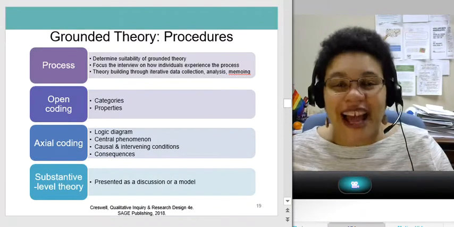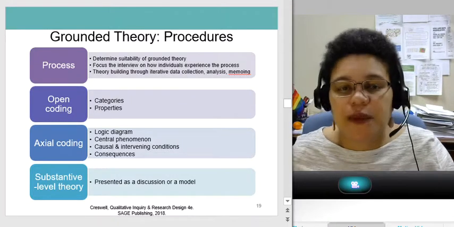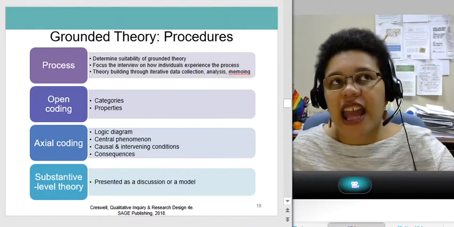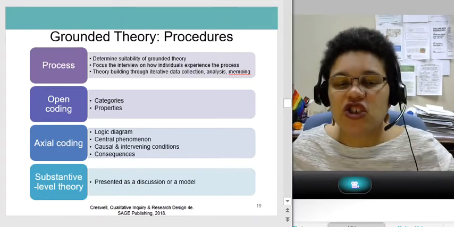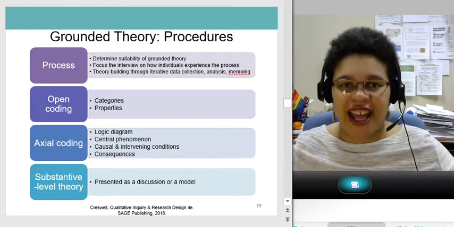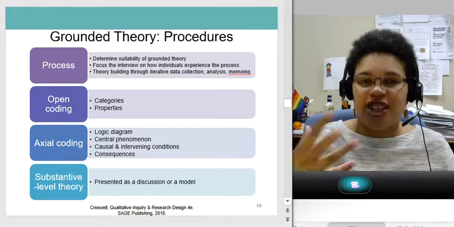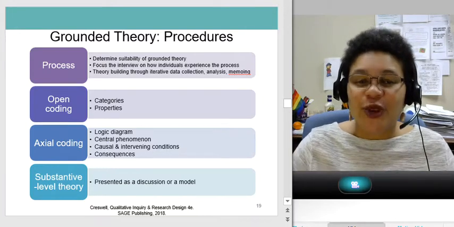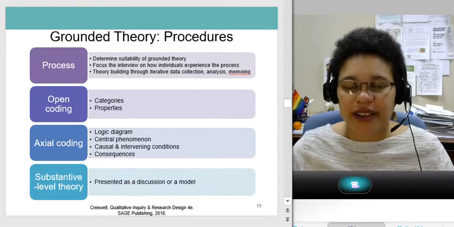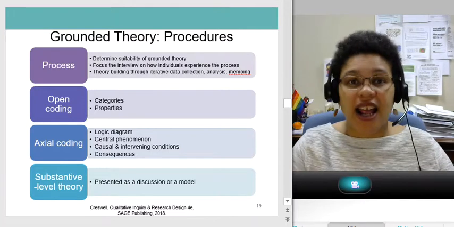In terms of procedures, first of all, as before, we're going to determine the suitability of this design for our needs. Grounded theory is usually not what students do in an introductory or even intermediate level research class, because it actually does take quite a bit of time and quite a bit of data that you may not have access to.